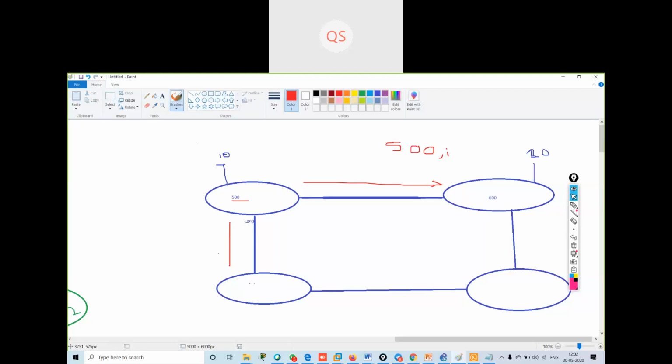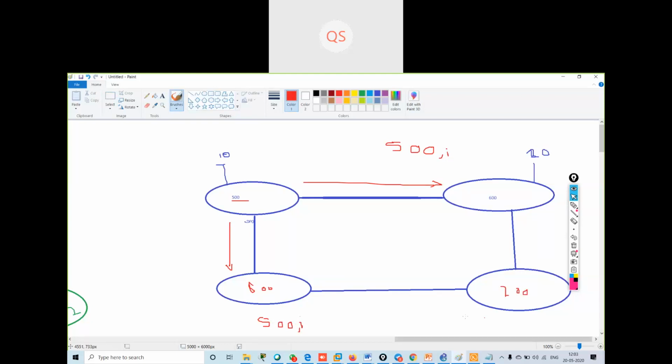This is my 800. So my path will be, if I go via this way, my path over here will be 500. My path over here will be 700. This is my 700.